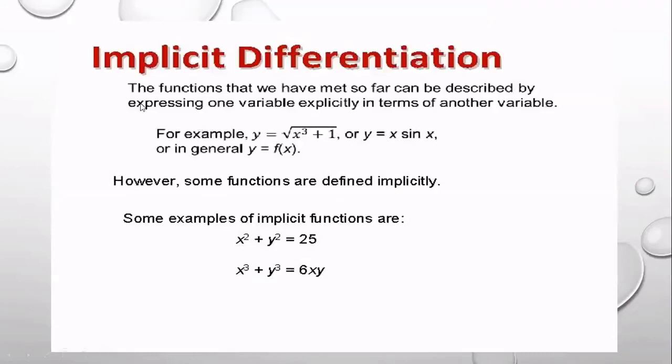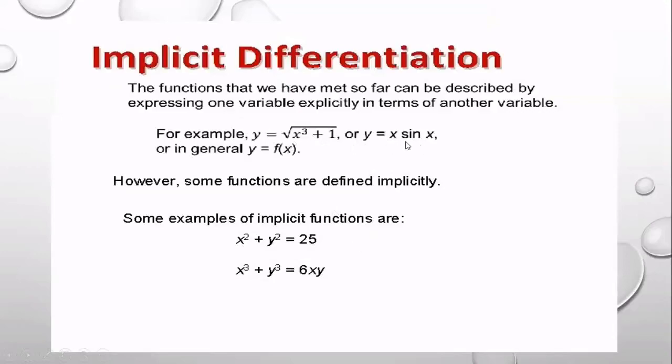The function implicit differentiation. What is implicit differentiation? So far you learned all the functions should be explicit. Explicit means y equal to something in x. That is called explicit. You take out dy. Now implicit function, you see x square plus y square equal to 25. So now you see y equal to something is not here. Y and x are joined together. Y and x are joined together, right?